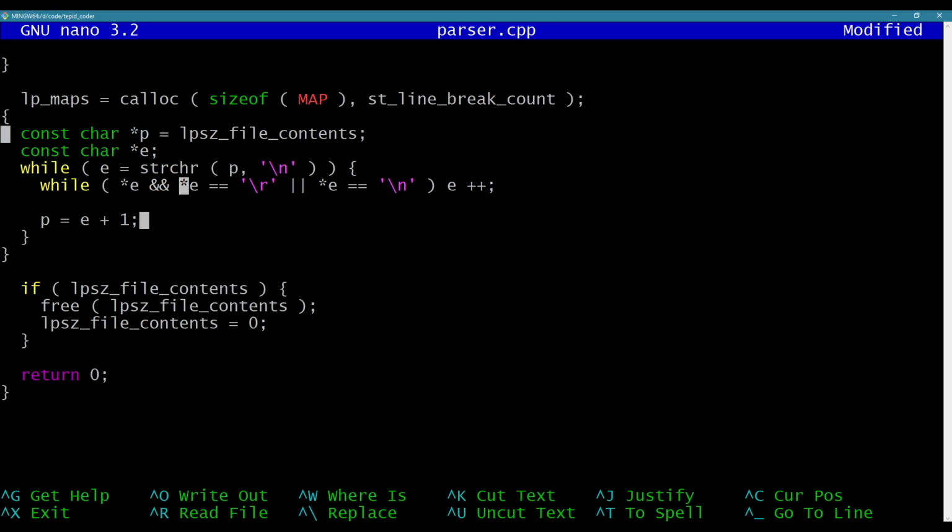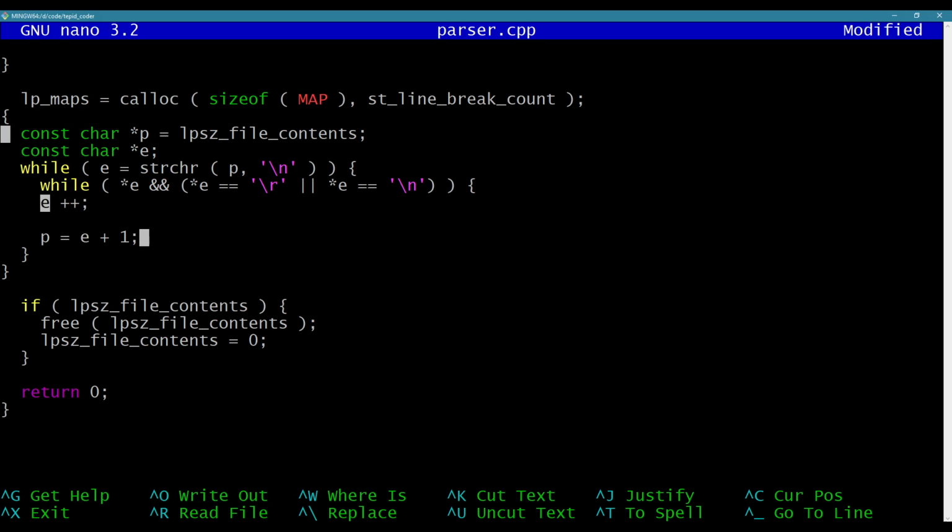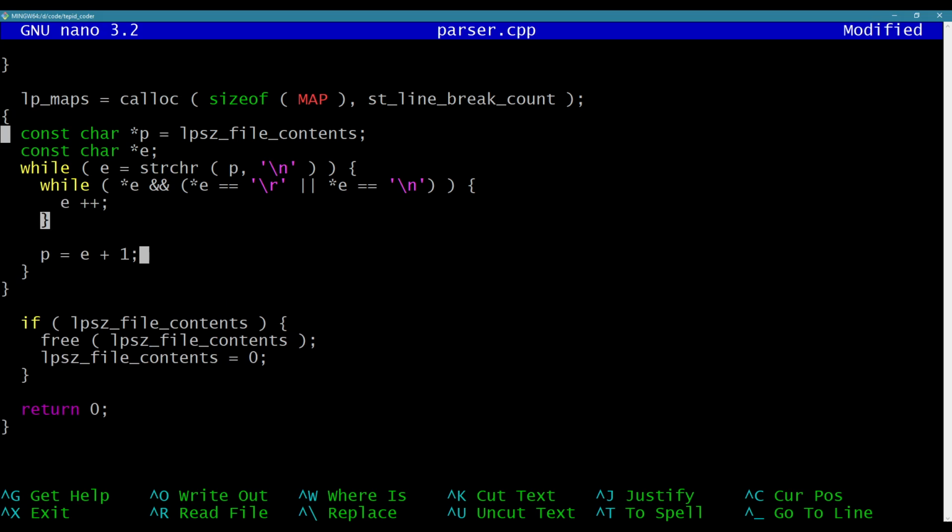We're going to increment. So I put these in parentheses. So while this is true or either of these is true, then keep moving forward in the buffer. So we're going to skip those line breaks that we found. All right, so what I want to do,